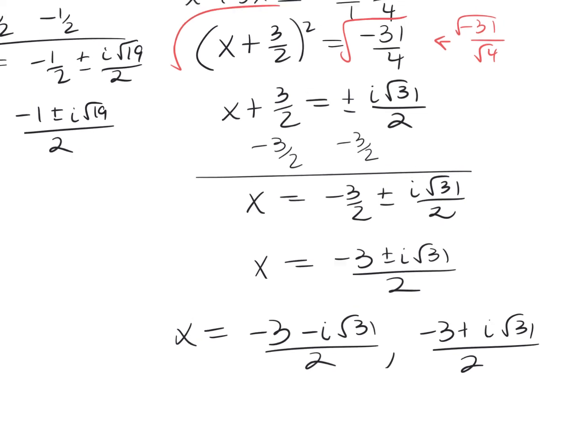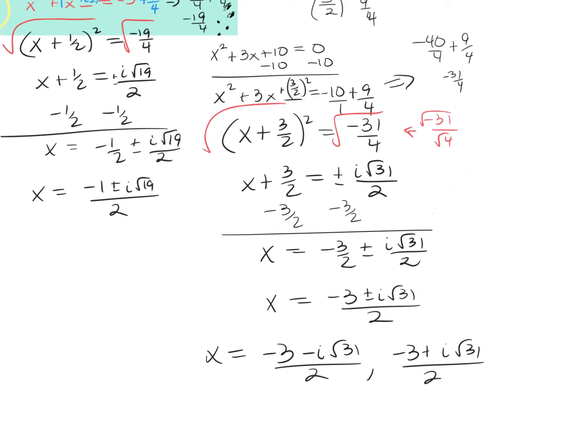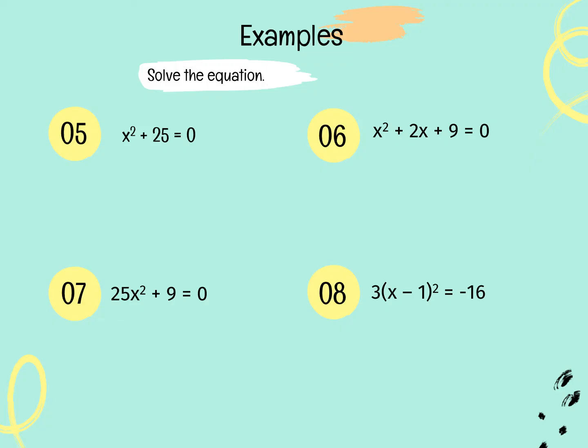This problem, if this would have been -10 at the beginning, so if it would have been x squared plus 3x minus 10, then I could have factored it, and that would have been the faster technique. But because it's a positive 10, it can't be factored, and I either need to use completing the square or quadratic formula. Number 5, notice this is the sum of 2 squares, so I can't factor it, but I can